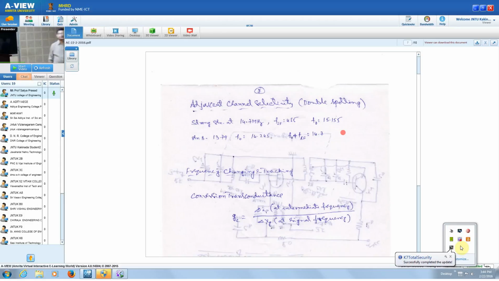That means this 14.7 signal, the 13.7, the first frequency, and find the difference. Yeah. So this